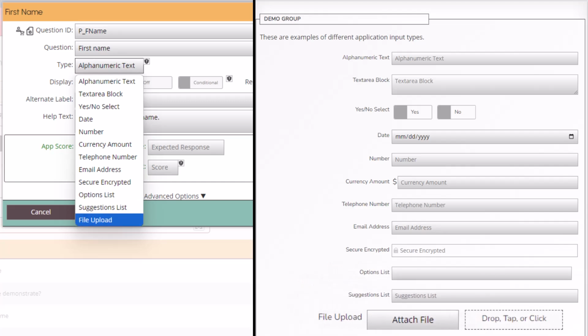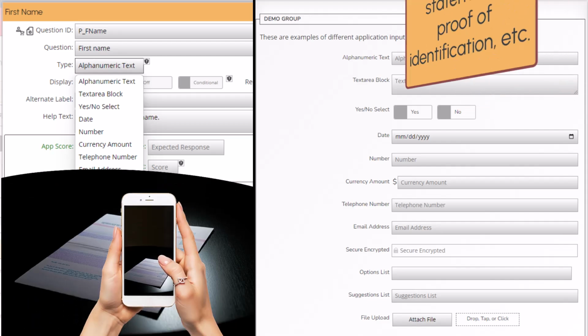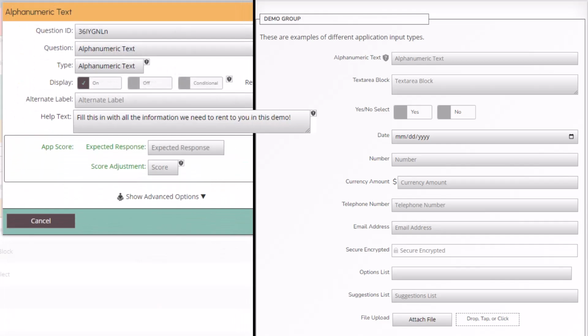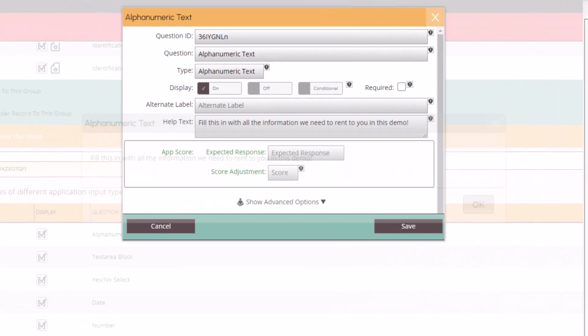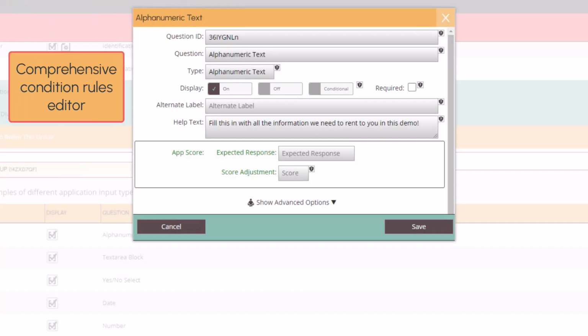There's also a file upload input type, so an applicant can securely upload copies of things like statements by taking a picture with their phone or dragging and dropping a PDF or image. Add help text to guide your applicants through answering each question. Questions can be always displayed in an application or conditionally displayed based on the answer to a previous question or